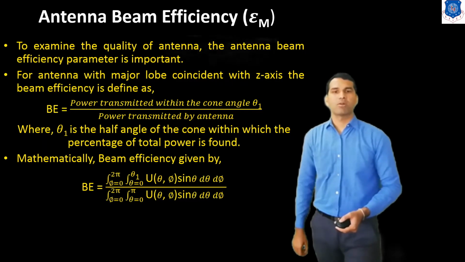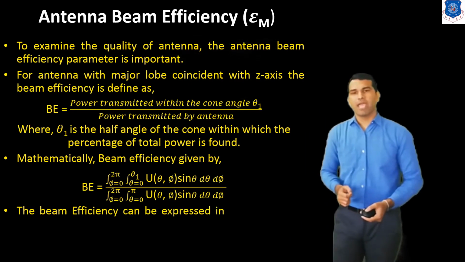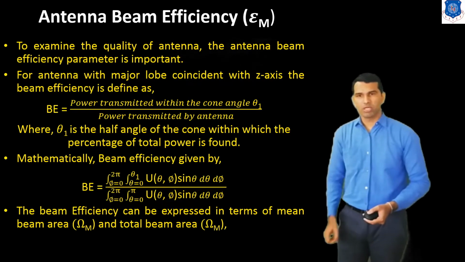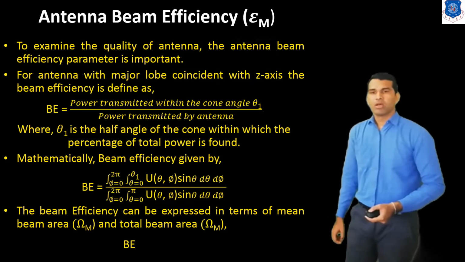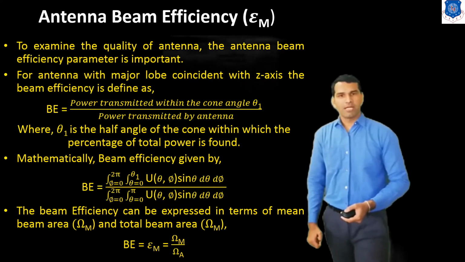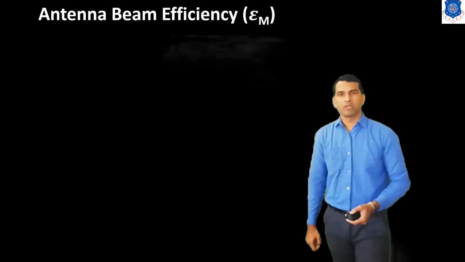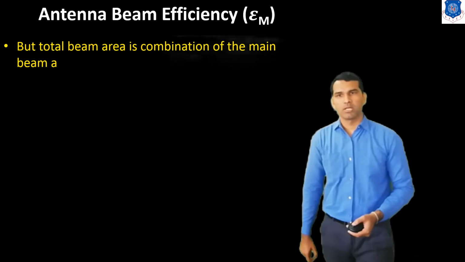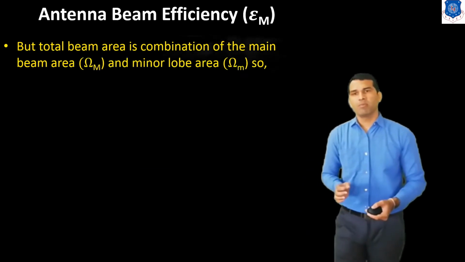This is the total power transmitted by the antenna. So the beam efficiency can be expressed in terms of the main beam area and the total beam area. We can write the beam efficiency BE = eta m = omega m upon omega A. But the total beam area is a combination of the main beam area